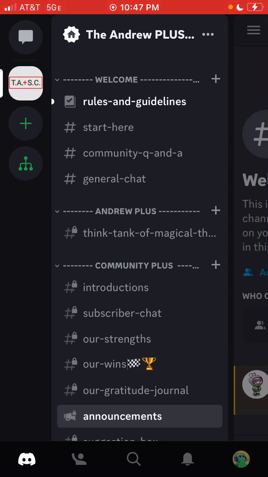I just want to do a quick run through of the Discord community app on, in this case, an iPhone, but generally on a mobile device. There's also a really great desktop app that you can get for Discord. I highly recommend using that as well when you're on your computer. But this should give you a good idea of how